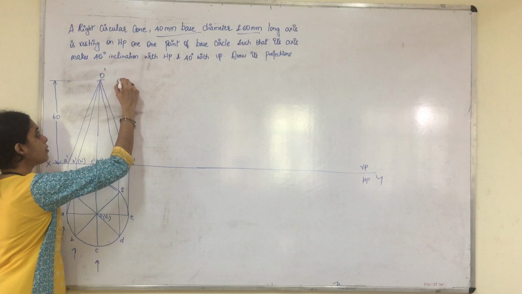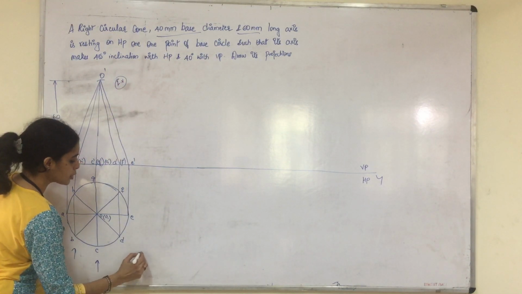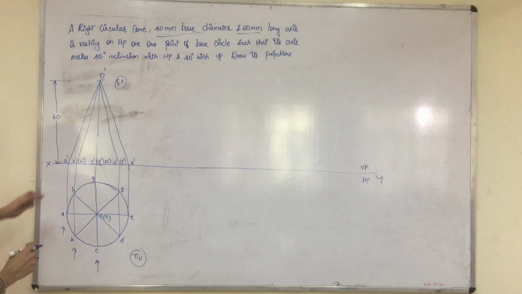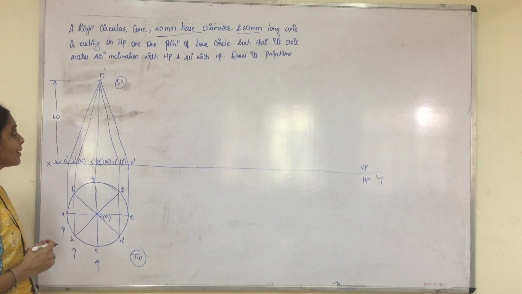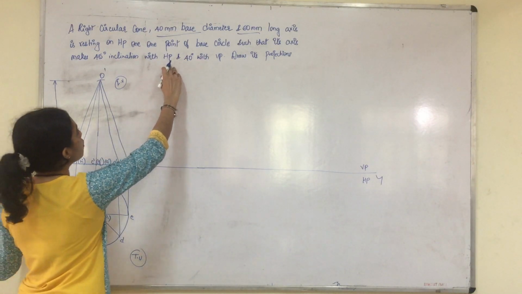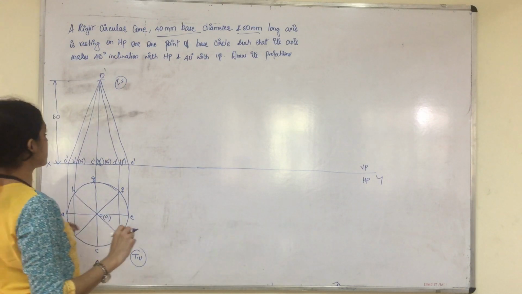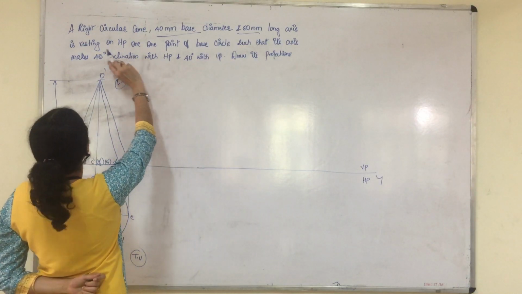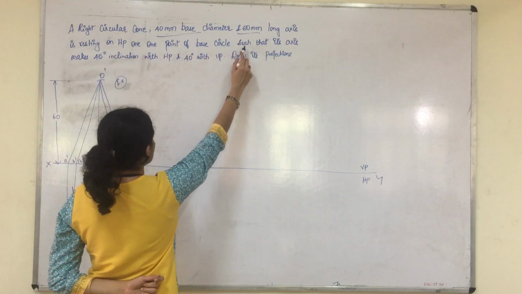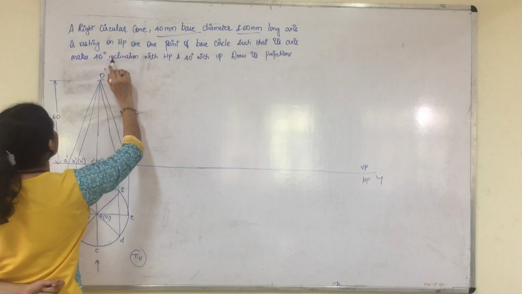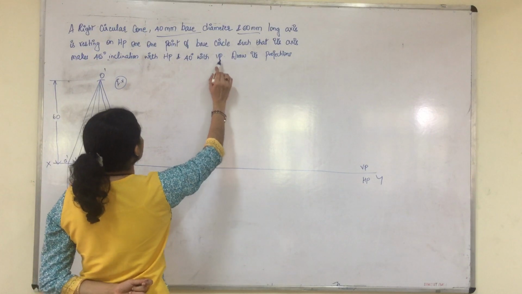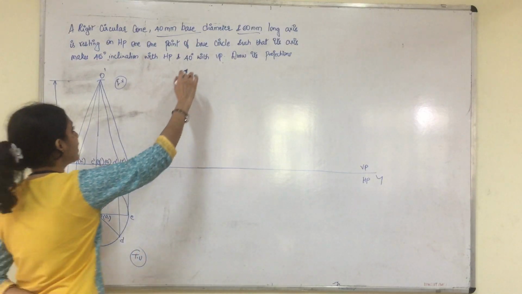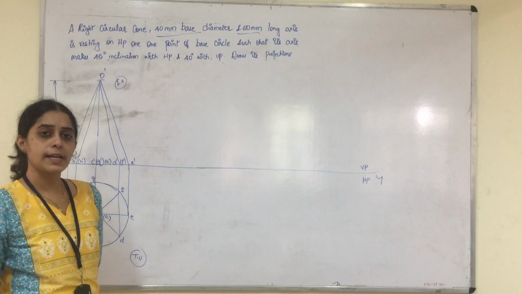So this completes the first stage, front view and top view. The top view provides the true shape of the base of the circular cone. Now we have to see what inclination is given with respect to HP and VP. It is told that it is resting on HP on one of the points of the base circle, such that its axis makes a 45-degree inclination with HP and 40-degree with VP. So it is purely a problem on axis inclination. Since it is inclined to VP, we need to determine the apparent angle in the third stage.